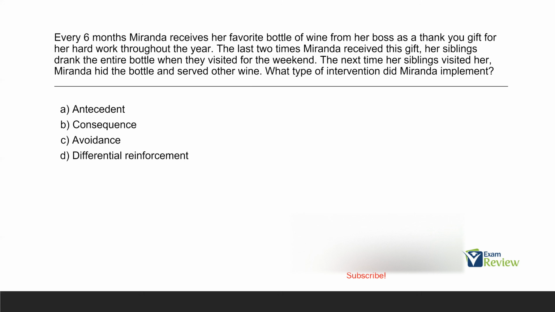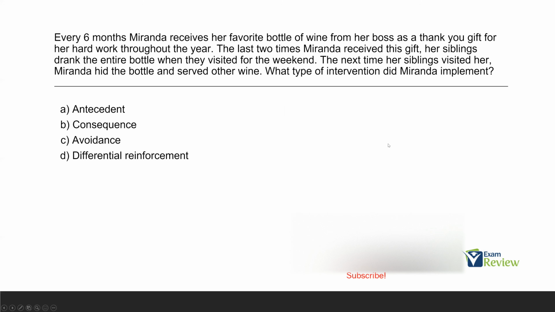All right, pretty easy question. Maybe a 2 or 3 difficulty. Pretty straightforward, right? So we're looking at Miranda and her intervention. What do we know about Miranda and her intervention? Well, she received her favorite bottle of wine. She knows the last 2 times she got that gift, whenever her siblings came over, they drank the entire bottle. So this time she's prepared, she's being proactive, and she's going to hide that bottle and serve other